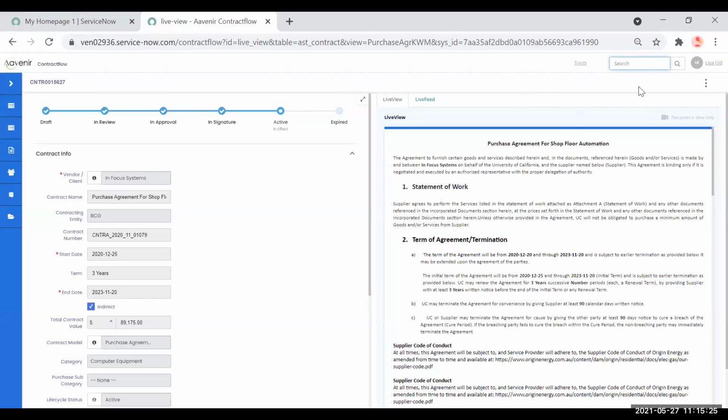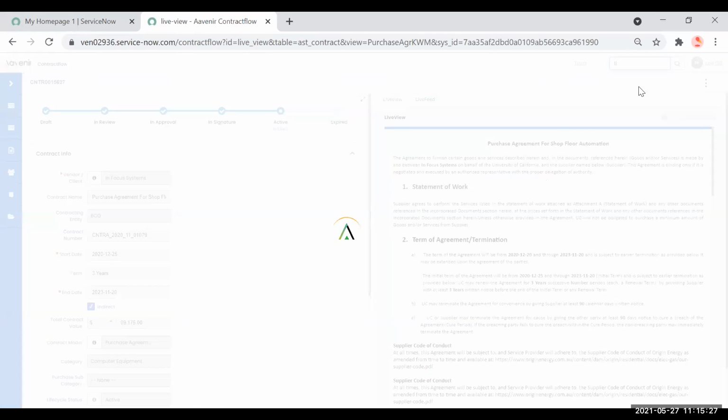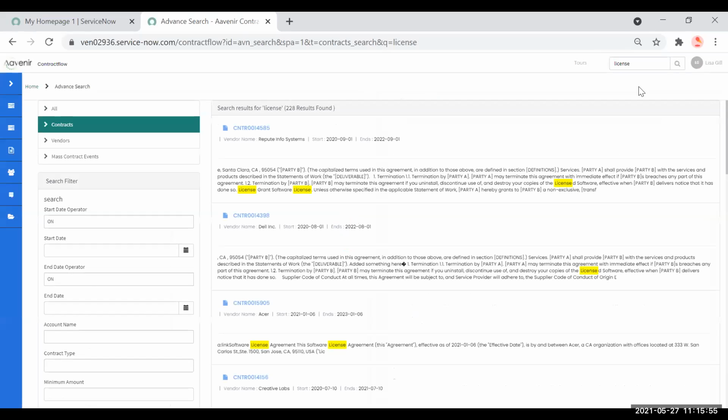You can type in any word here. So for example, let's say I want to search all the contracts that have the word license somewhere in it. So I'm searching for license contracts or license agreements. Now keep in mind, you can type in anything you want here as a search text. It could be a sentence or half a sentence, or it could be half a word. You could put some wildcard characters. What Avenir would do is run this search through all the contracts that exist in the repository,